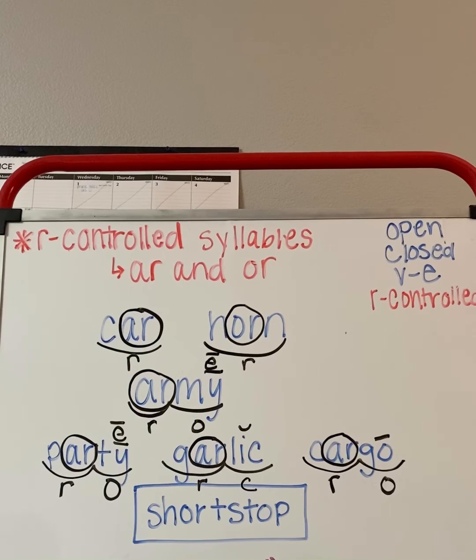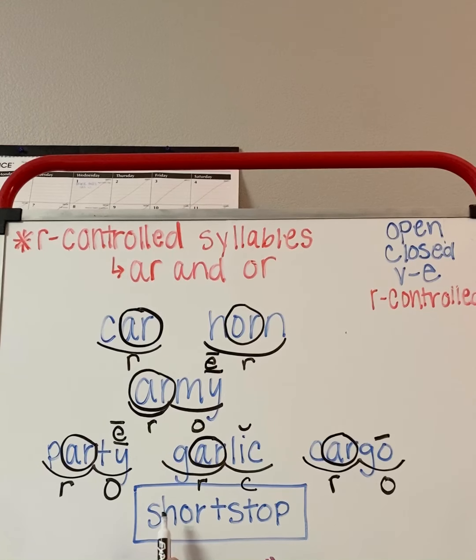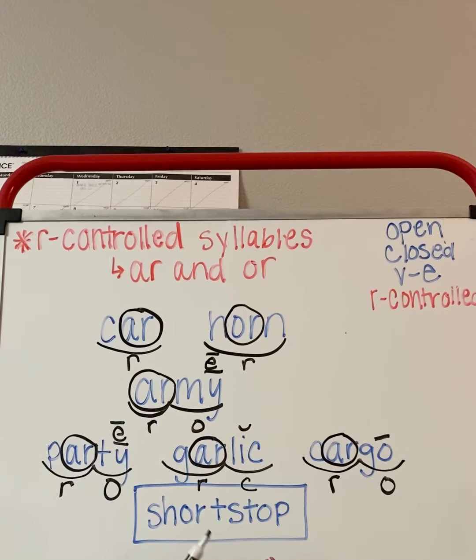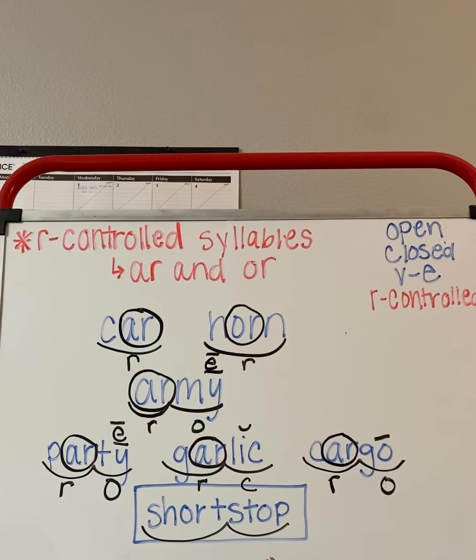Remember, an open syllable is where that vowel is left open with nothing closing it in, and it ends up saying its name, cargo. Okay, I did put the word shortstop in a box right here because I did want to point out that even though there's an R-controlled vowel right here, we aren't going to split our word right after our R. That's because this is a compound word. Okay, we learned about this a couple videos back, so don't forget that our compound words are always sort of exceptions, right? We don't normally always follow the rules. We split that word as a compound word. If you need a review on what a compound word is and how we decide where to split